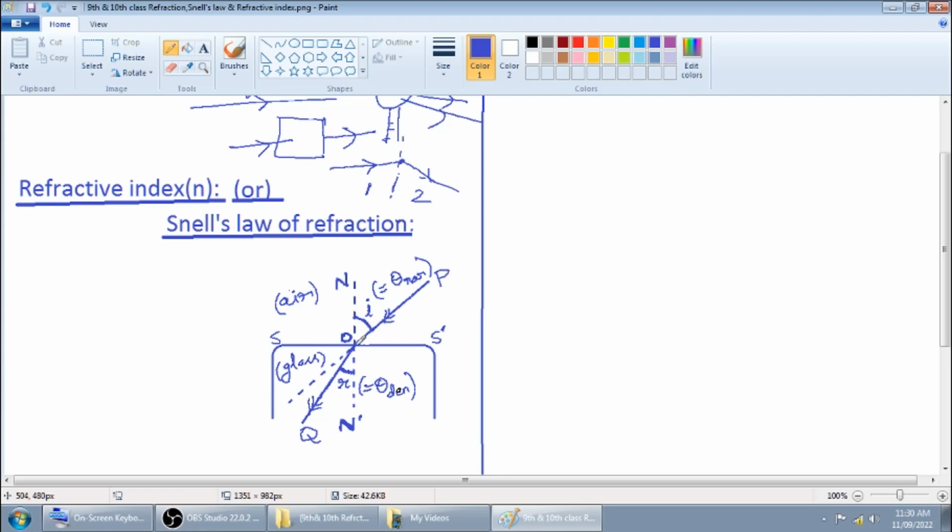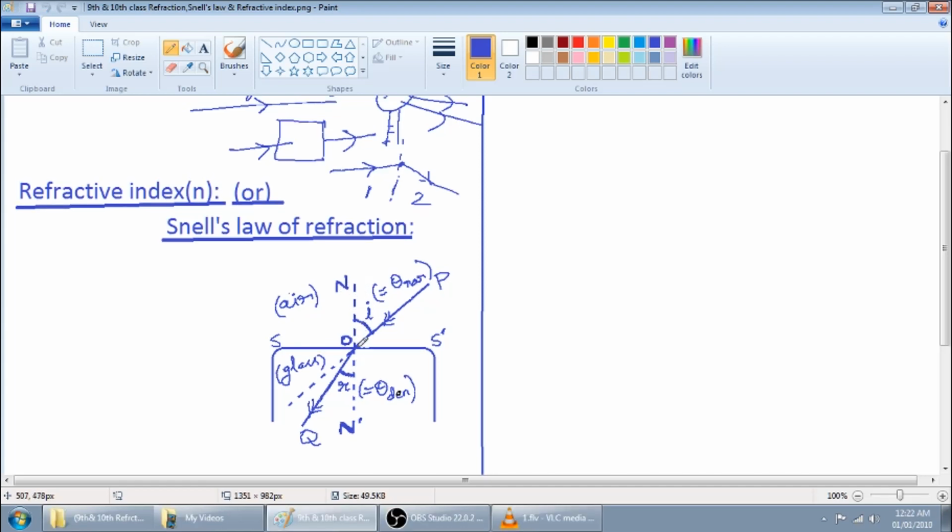Just observe here. At the point O, one imaginary perpendicular is considered to the surface S dash. This perpendicular, drawn exactly at the point O of incidence and perpendicular to the surface of the glass, is denoted as NON dash. It is called the normal to the surface, or normal to the glass block surface. It is exactly like the normal which you have learnt in reflection. A similar normal is considered here. The normal NON dash is very important,